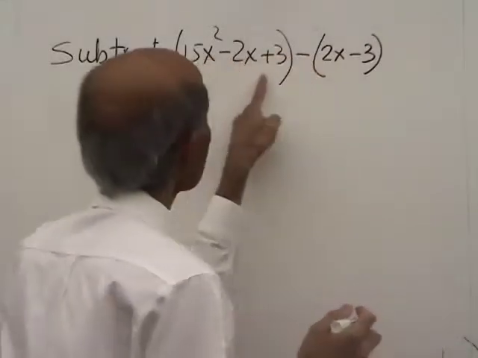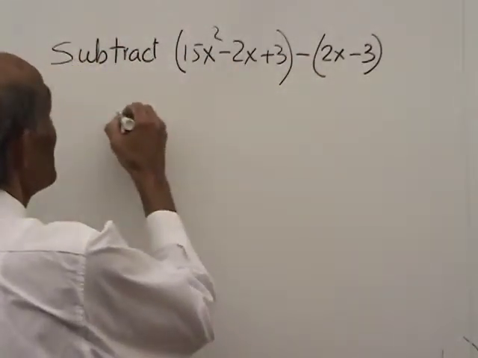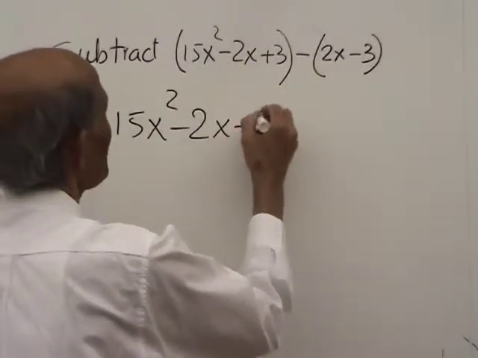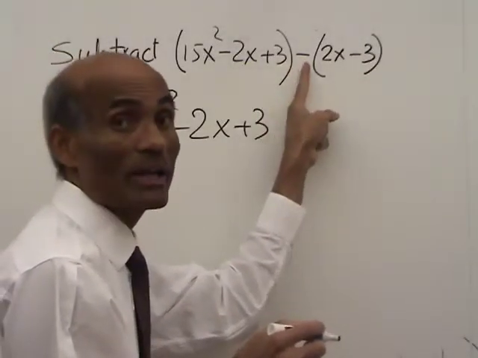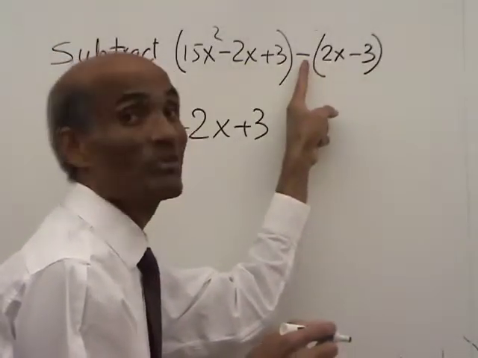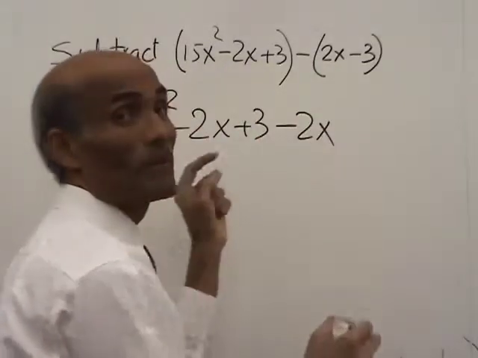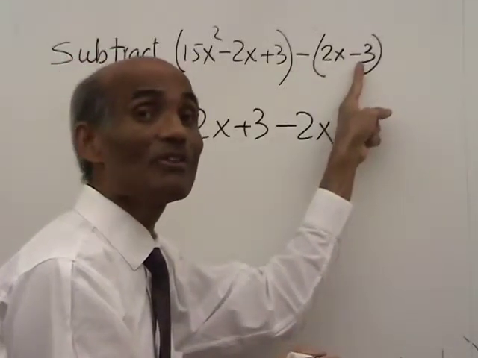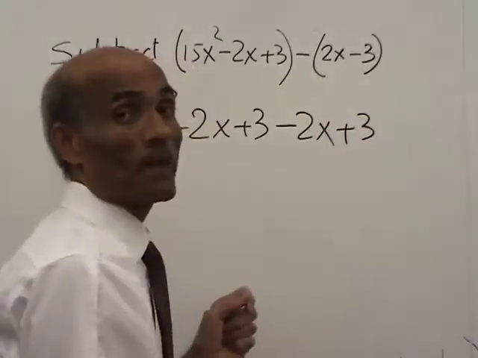So, we will first write this quantity without the parenthesis. That will be 15x squared minus 2x plus 3. Distribute the negative 1 into the parenthesis. Negative 1 times 2x is minus 2x. And negative 1 times negative 3 is positive 3. There you are. And now,